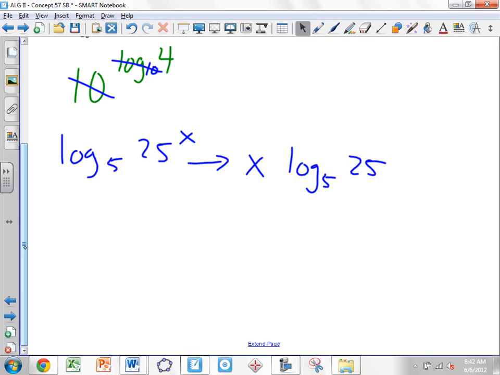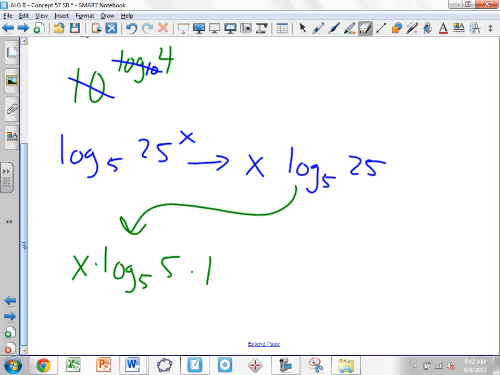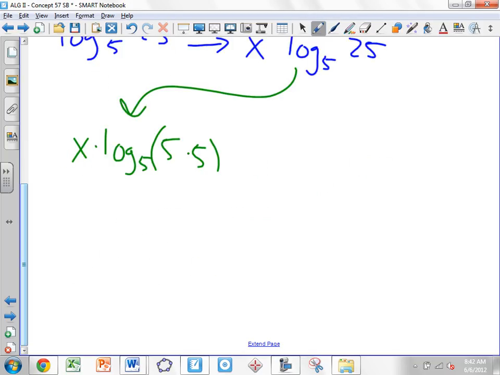But what can I break up 25 into? What's the common thing? 5 and 5, right? So let's go ahead and do that. Let's think of this as x times log base 5 of 5 times 5. Now, if I want to continue this process, when I have a multiplication, what do I think of that as? Addition, right? So I write this as x times log base 5 of 5 plus log base 5 of